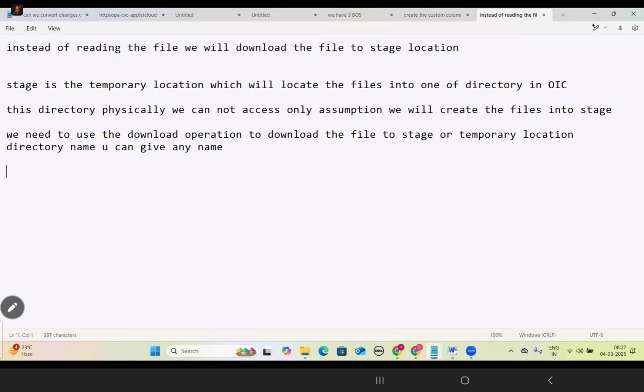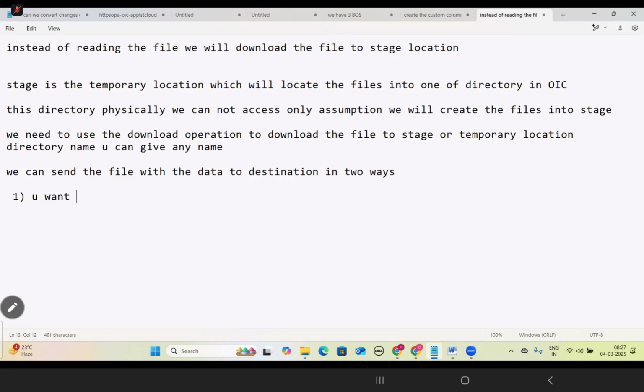Okay. After you download the file, we can send the file with the data to the destination system in two ways.